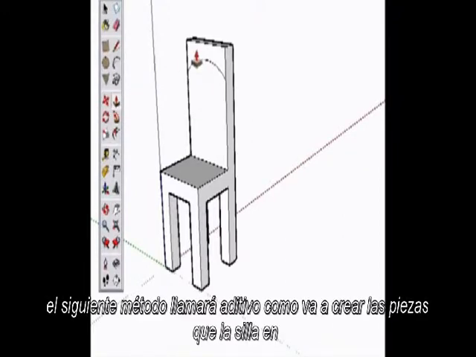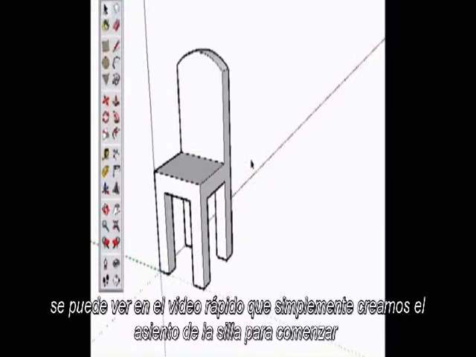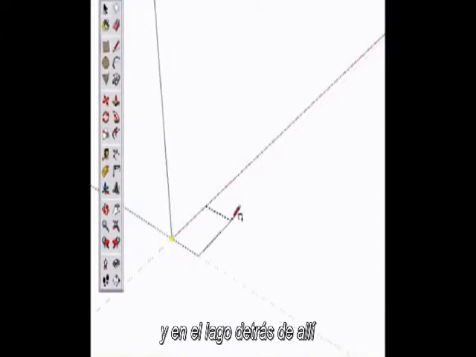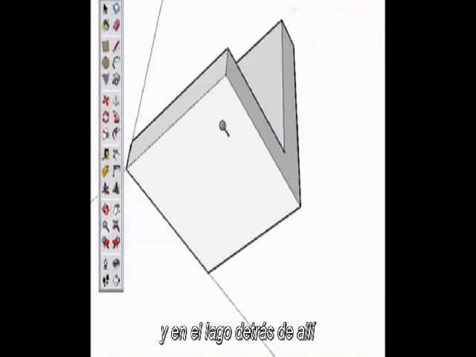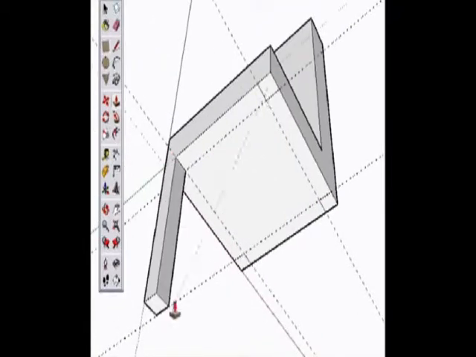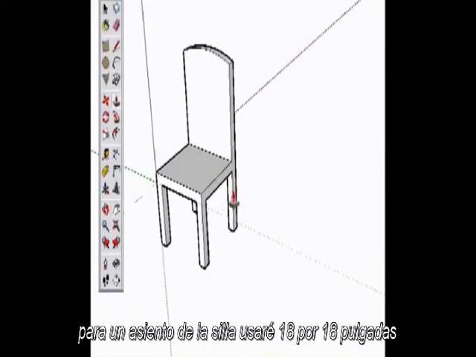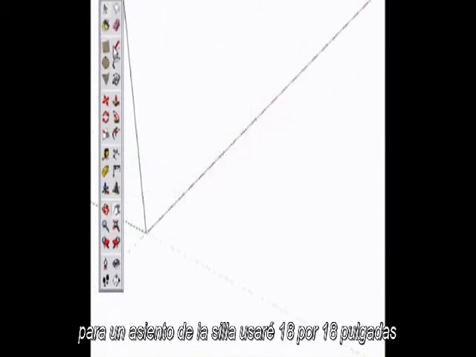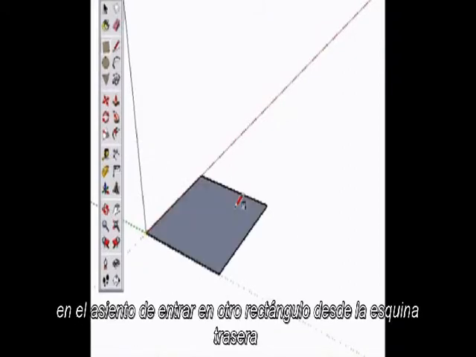The next method we'll call additive, as we'll create the pieces of the chair in sequence. You can see from the quick video that we simply create the chair seat to start, and add the legs and back from there. As before, draw a rectangle and type in the size you want for a chair seat. I'll use 18 by 18 inches for a starting point. Pull the rectangle up into the seat,